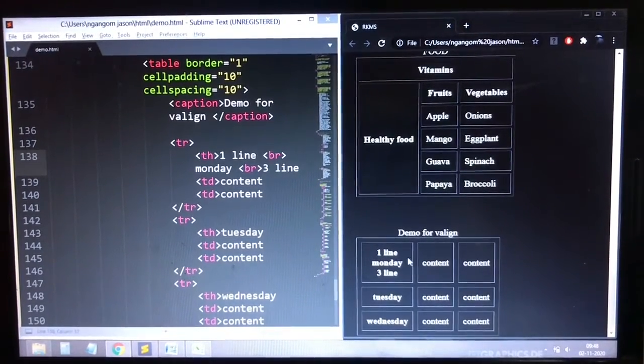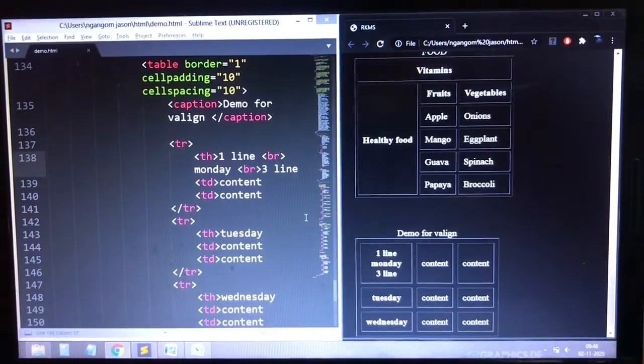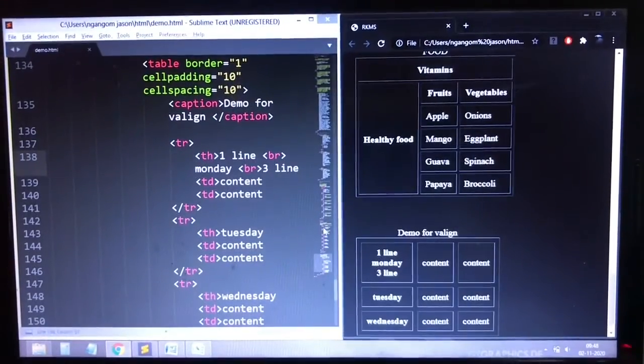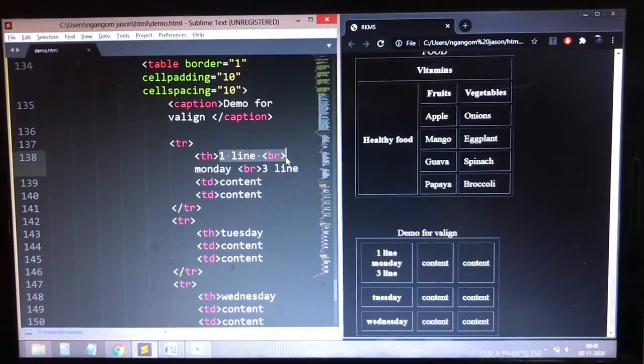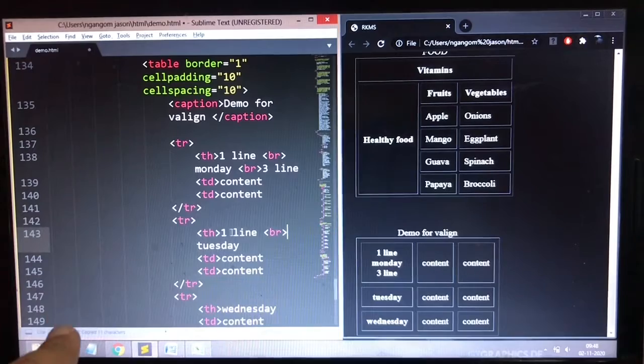Can you see, this area is for the first line, this area is for the second line, and this is for the third line. Here I can make you see clearly how we are going to arrange. If there are more than one line, first, second and third, we are going to do the same for the others also, in front of Tuesday, and at the end we are